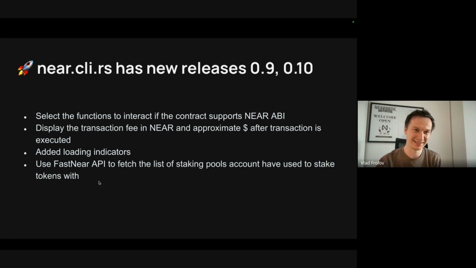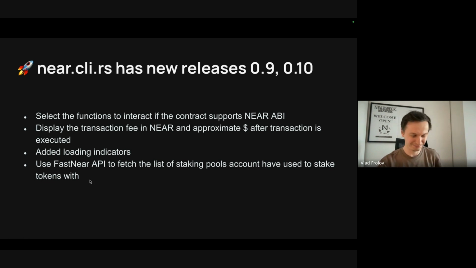We plan to extend it even further to provide a learning experience of what's happening at which state. We may consider adding a few more delays, just sleeps basically, to allow people to read through all the messages and better understand how the process looks if they want to learn Near in nitty-gritty detail, because I believe near.cli.rs is a pretty powerful tool to learn those details.